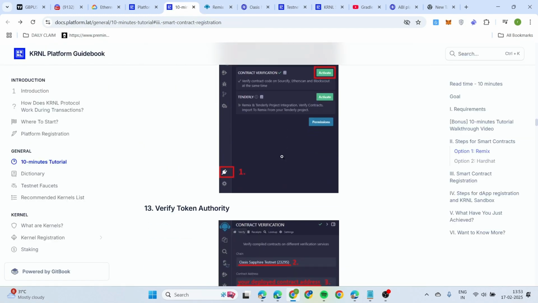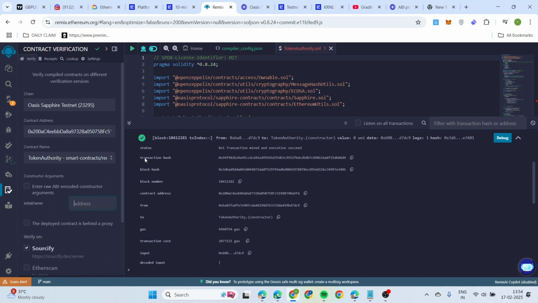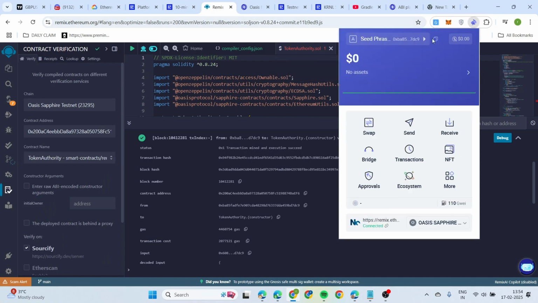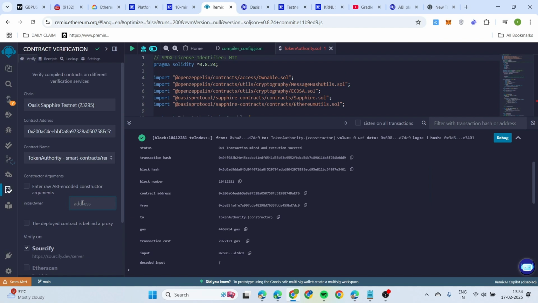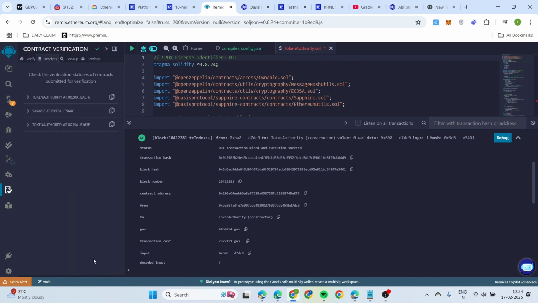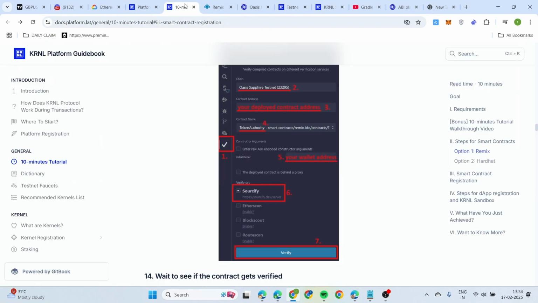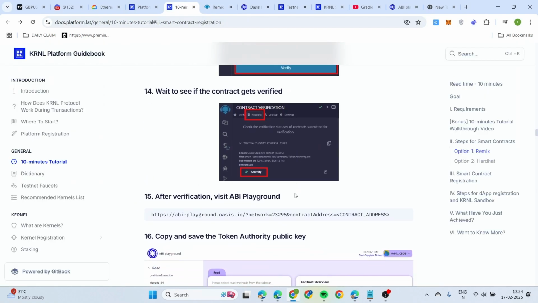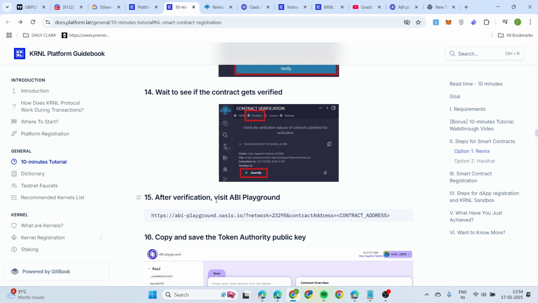Let me show you here for the confirmation. So here we need to paste the wallet address. Just go and copy your wallet address, paste it here, and scroll down. Just verify that this checkbox is already ticked. And then we need to click verify. Just give it a little time. Okay, it's verified. And the next step is scroll down, and then we need to copy this